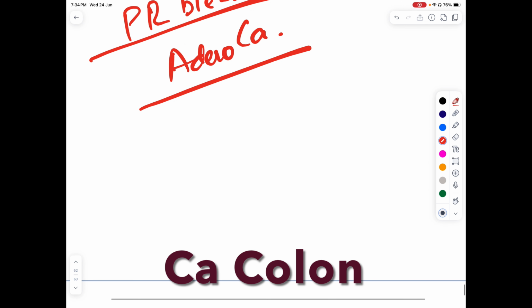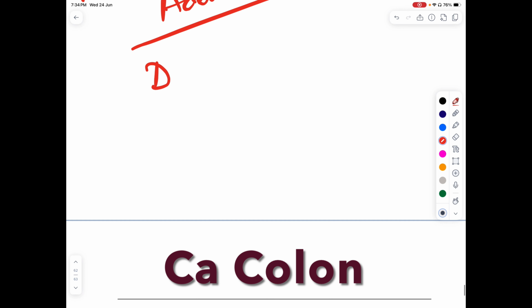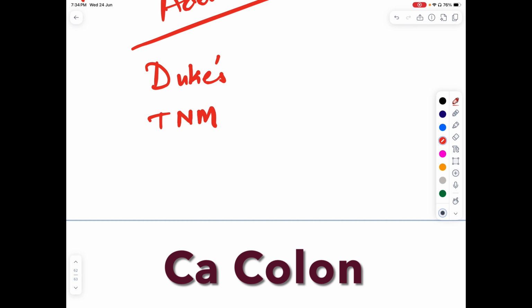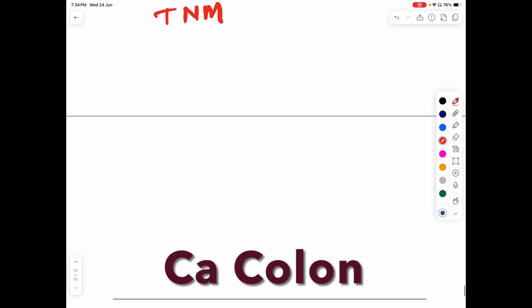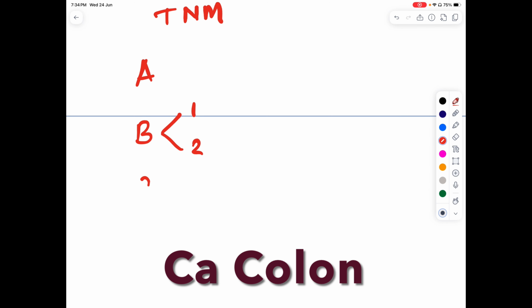How do you stage colorectal cancers? This is either by Dukes or TNM. So there are two staging systems. According to this, if the muscularis propria is invaded, it will be B1. So lymph node. So Dukes staging has A, B which has got 1, 2, C which has got 1, 2, and